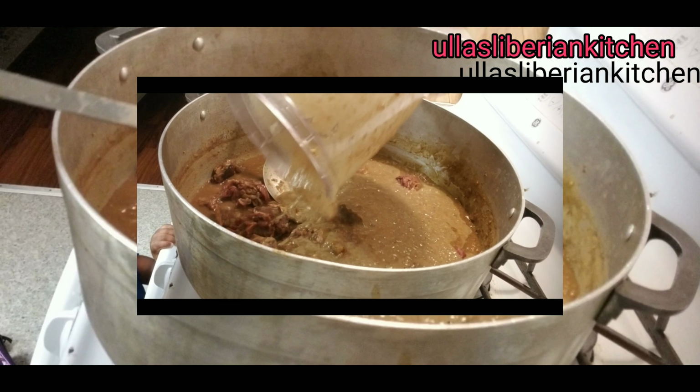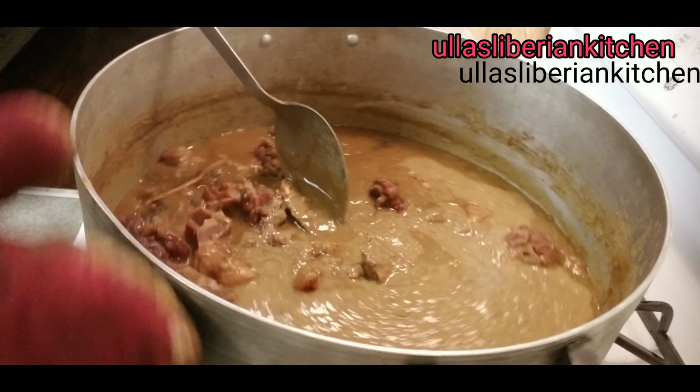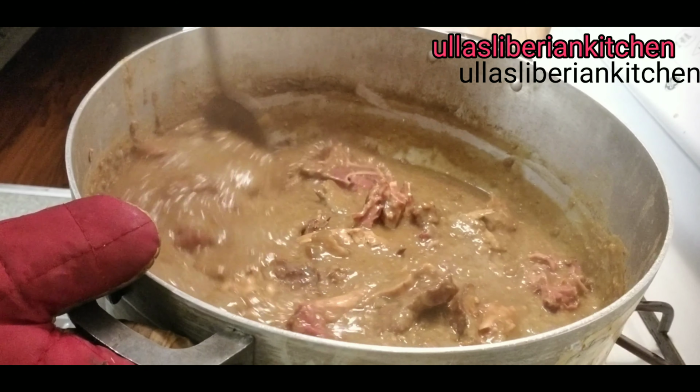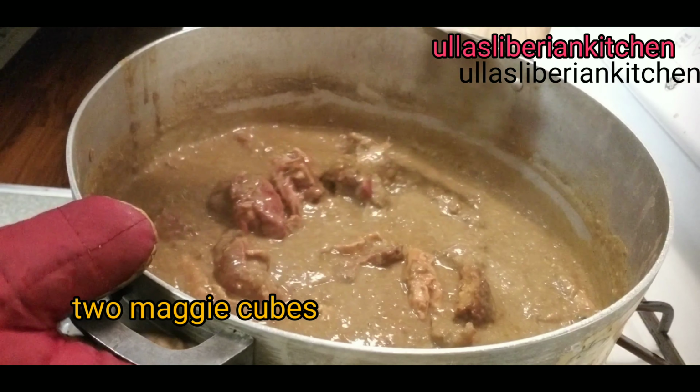It looks like this soup takes like 2 minutes to cook, but I'm telling you, this soup took like 3 hours to make. Okay, so it's a lot of time that you need to put in this soup. Also, as I was going, I also added more seasoning,